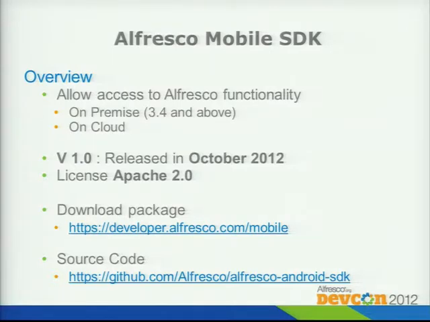The idea is to leverage all this information from the server to create an extra layer that can support all these features. And because Alfresco services have changed from 3.4 to the cloud and public API, we are going to support all these levels. V1 was released in October 2012, so 1 month ago, and it's licensed